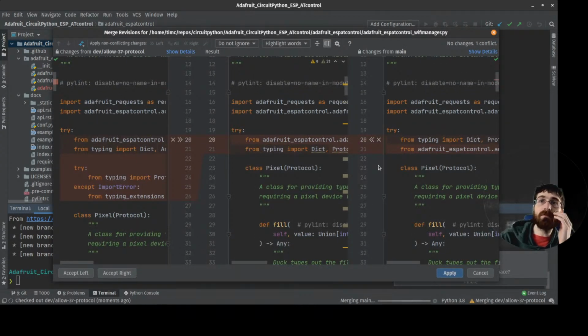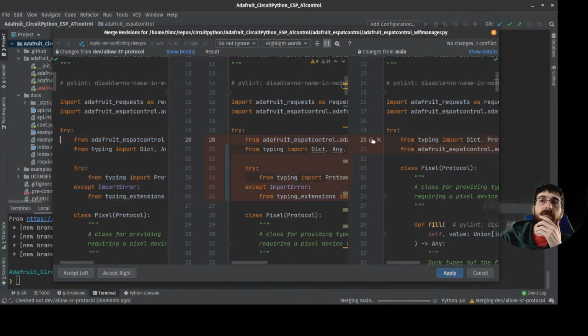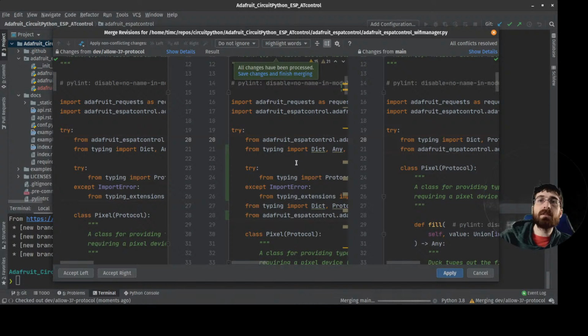Okay, so we want basically both. Okay, well, we still ended up doing some deleting.